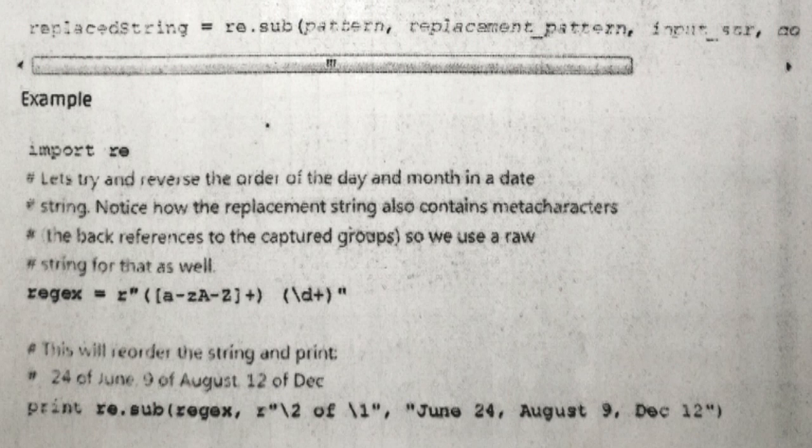So this is the sub method. Here again we have made use of round bracket meta characters, then sets, then special sequences like \d. Like that, with the help of round brackets we are making the groups. So this is the sub method. This much is there in today's lecture.